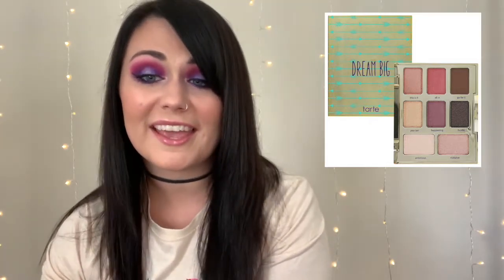It's described as a portable eyeshadow palette with 8 limited edition boss shades and matte and metallic finishes to motivate and inspire your inner glam getter. I thought the concept was cute. I moved to Nashville to pursue my dreams. So I was like, oh cool, it's like a motivational, inspirational thing and the shades are nice,